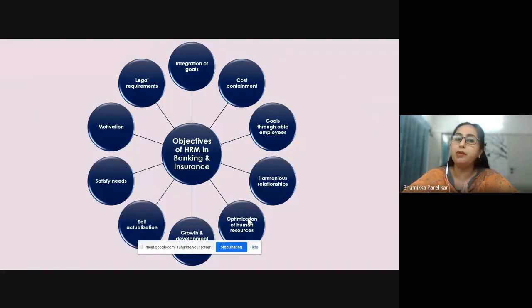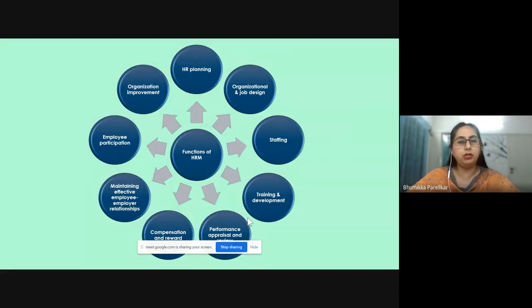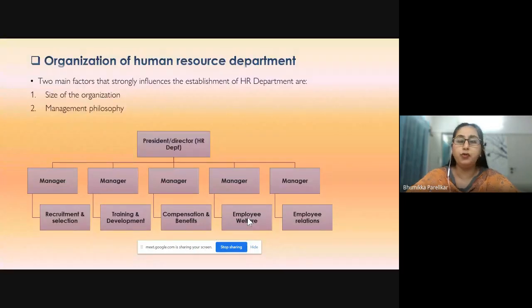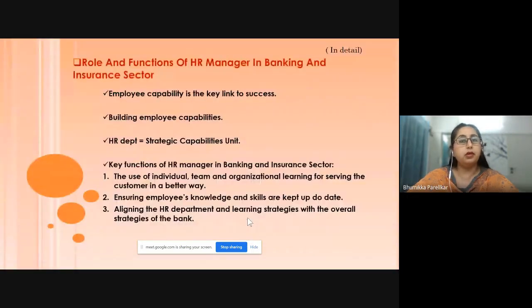Let's throw light upon the various objectives of HRM in banking and insurance. Here, we will be learning about the different kinds of objectives associated with banking and insurance, but only in conjunction with human resource management. Further, let me introduce you to the various slides associated with your chapter 1. Next we are going to learn about the functions of HRM, the organization of the human resource department, how they are categorized, the role and functions of the HR manager in the banking and insurance sector,